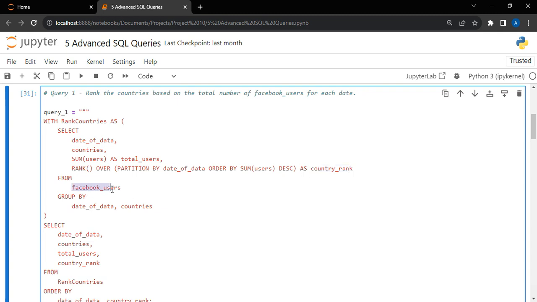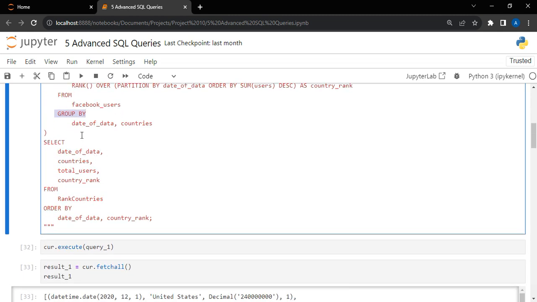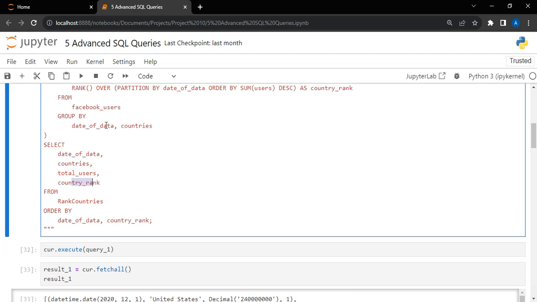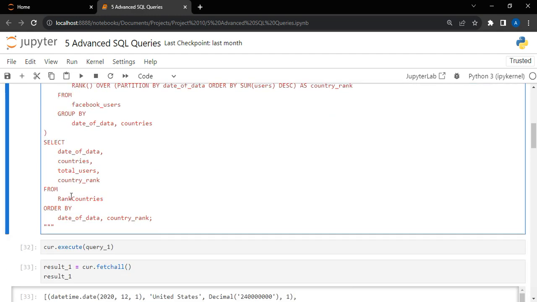Now from our table, which is Facebook users, we have to group by the date of data and the countries. Now, sometimes when you're using these rank window expressions, for example row number, you may not use this group by, but we'll explain that in later videos. But for now, let's just leave it this way. Then we now have to select the date of data, the countries, the total users, and the country rank from this mini table which we just created. As I said, they rank countries, and they have to now order by the date of data and the country rank, which means that